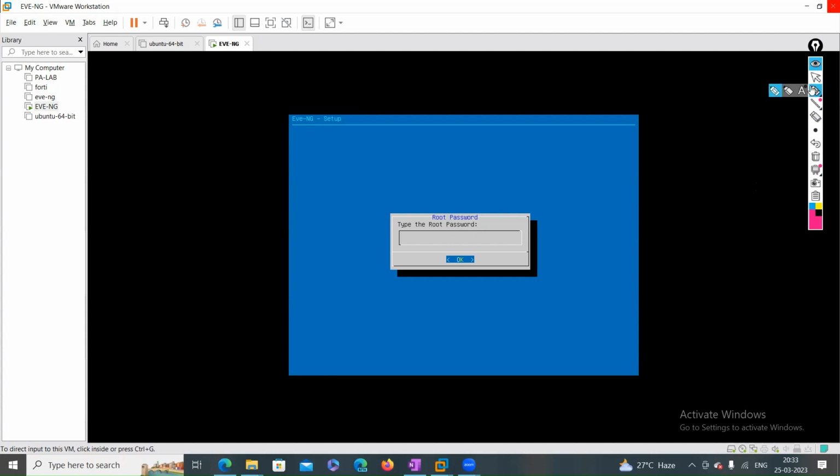You can complete your setup, like changing the IP assignment mode from DHCP server to static mode. You can assign other things too, like the host name. As of now the host name is evng. If you want to change the host name, you can change everything from here, guys. Okay, so for that,